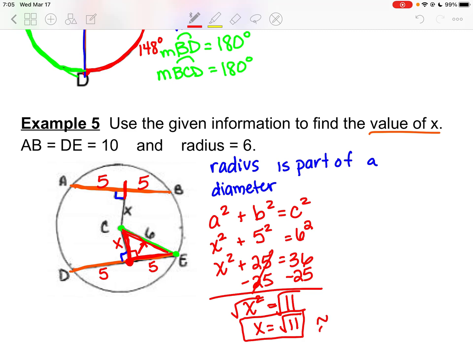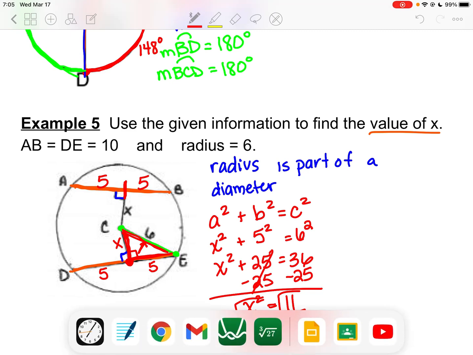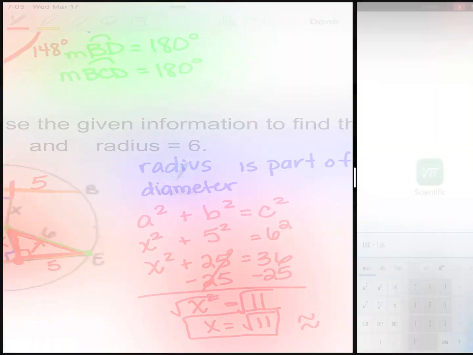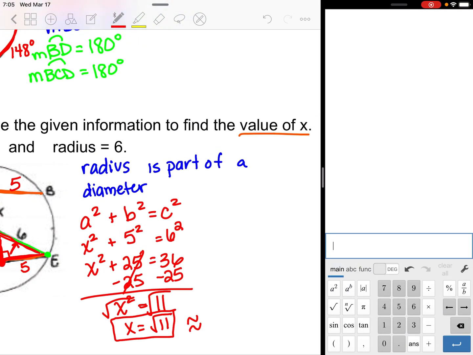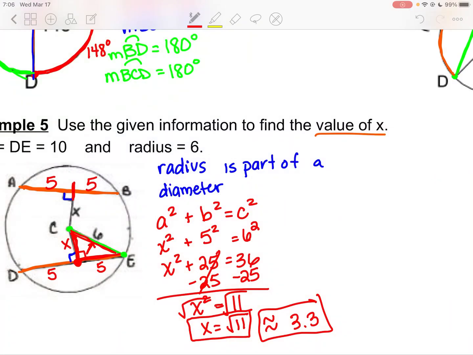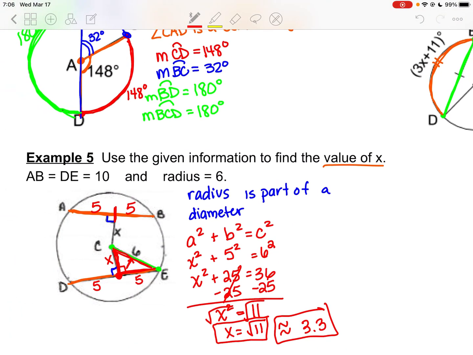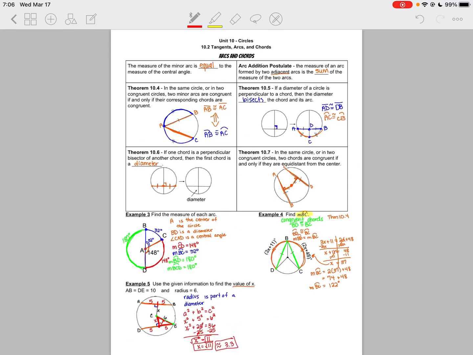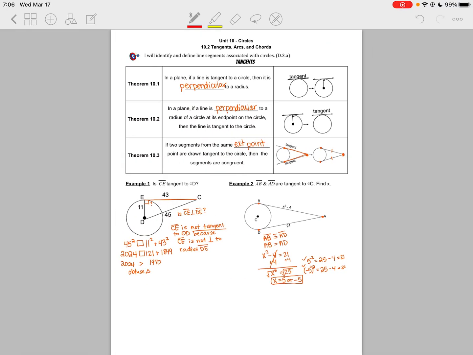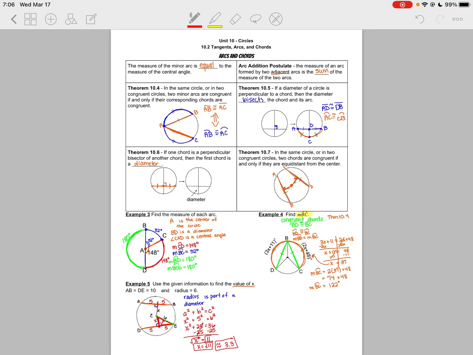It also might have told me to round, and if it did, then I would find an estimate. The estimate can be rounded to whatever decimal place they tell you. They didn't tell us here, so I'm just providing this as an example. If it had said round to the nearest tenths, then this would be about 3.3 units. The exact answer is the square root of 11, but the approximate answer would be 3.3. So that's how we can use these arc, tangent, and chord theorems to solve some problems with